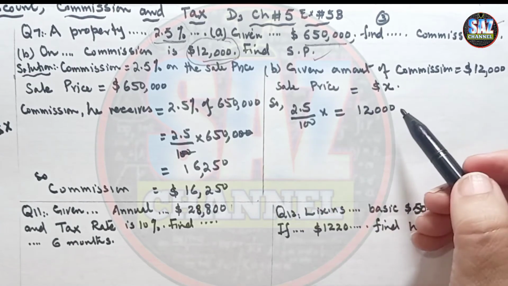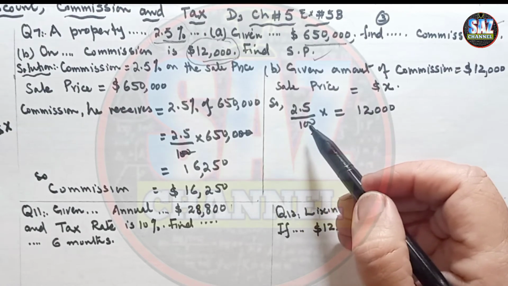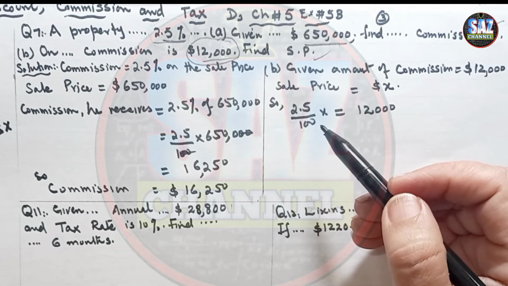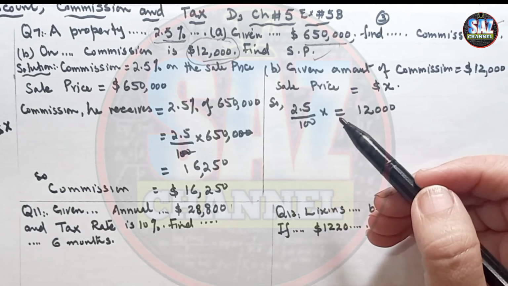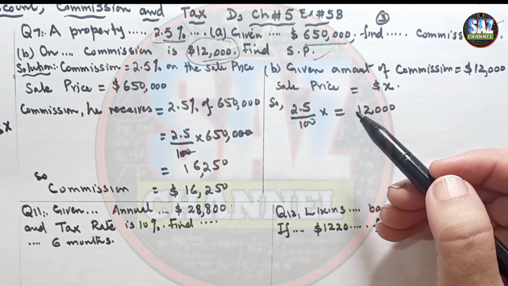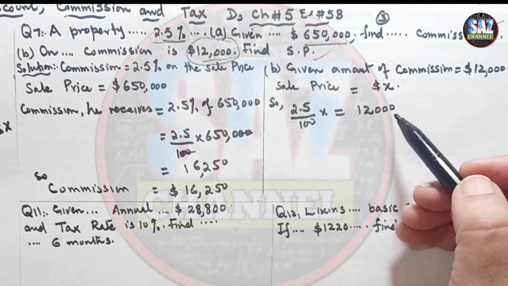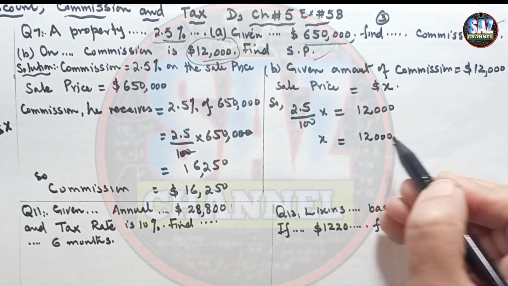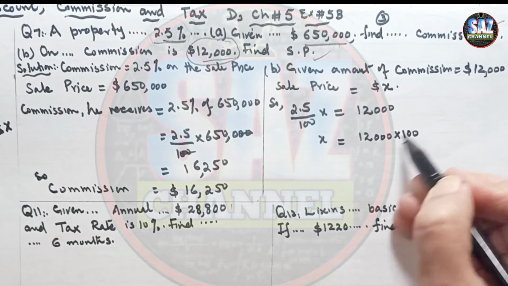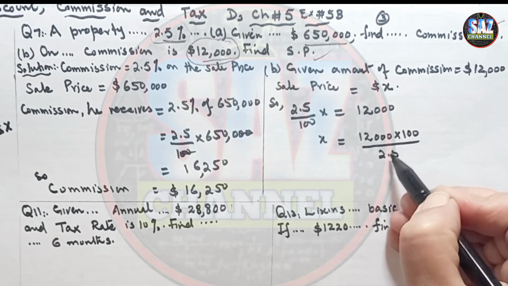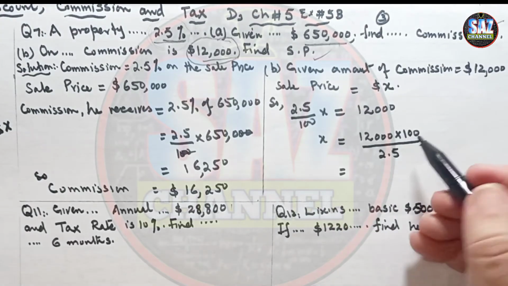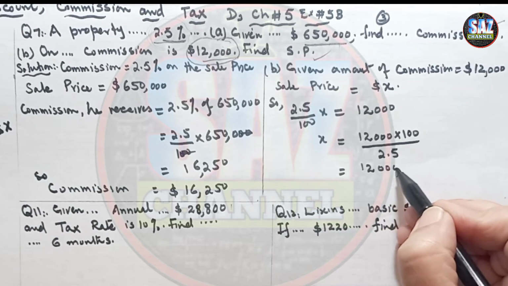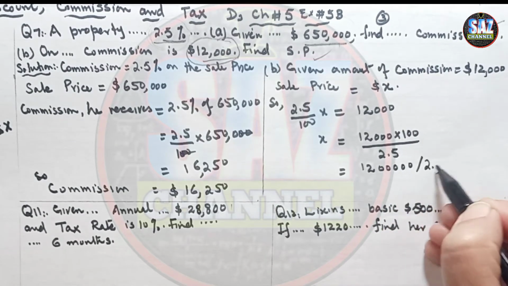I hope you are clear how we are writing this, because if we read the first line of the question, it says that the property agent charges a commission of 2.5% on the sale price of the house. So now the equation will take the form 12,000 multiplied by 100 divided by 2.5. Let me see what this value comes to. 12 and 5 zeros upon 2.5.